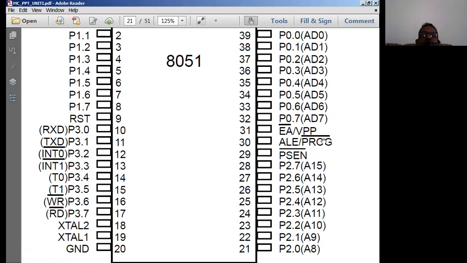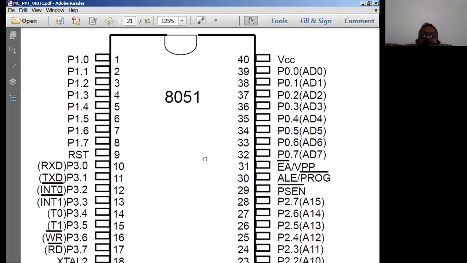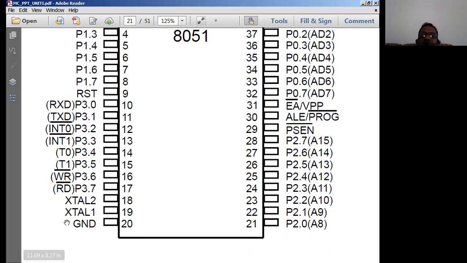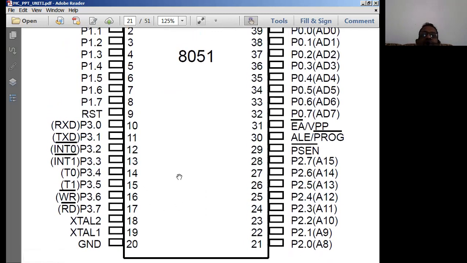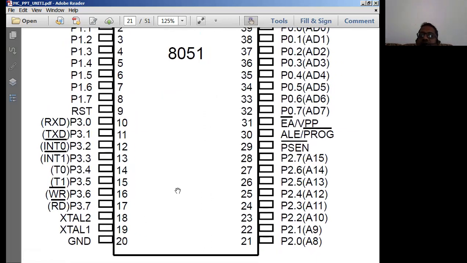These 3 pins are used as EA bar, ALE, and PSEN pins. So you have to remember these 3 pins together, because for every chip, VCC is common, ground is common, and the crystal terminals will be common too. Using the crystal pin input, we apply the clock signal to the 8051 microcontroller. What is the use of crystal inputs? Using crystal inputs, we apply a clock signal to the microcontroller system. Using the clock signal, we operate the 8051 microcontroller.